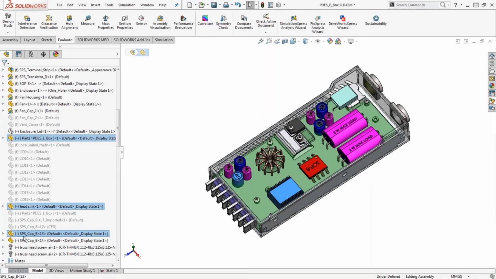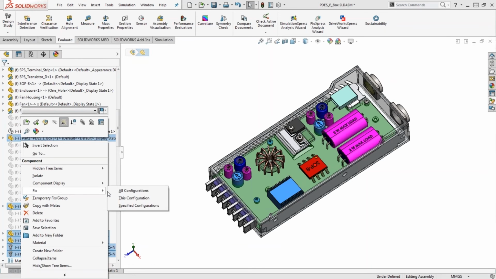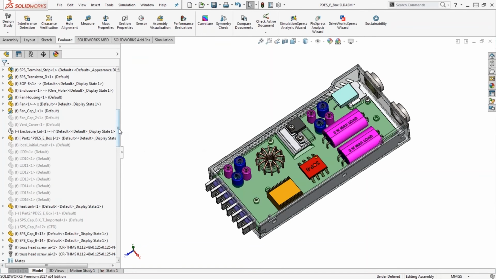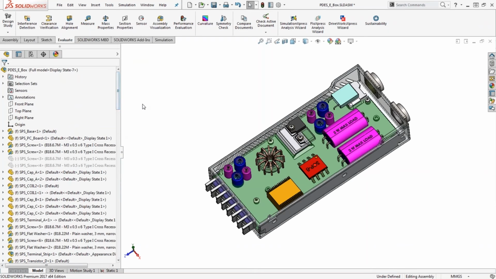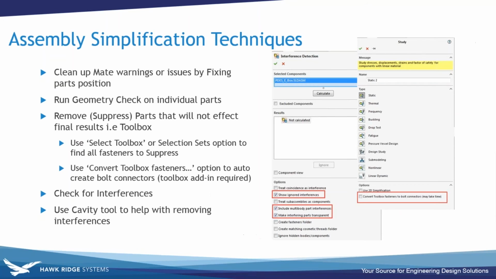Right? And you see that I went from something that was filled with warnings and issues to something that's a lot cleaner, and it just makes your life easier in terms of troubleshooting any potential problems with the model in relation to simulation. Okay, so that's one technique that we can utilize when working with assemblies. And the other thing is, just overall suppressing components that you may not need. So, for instance,